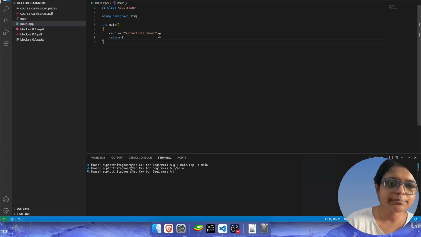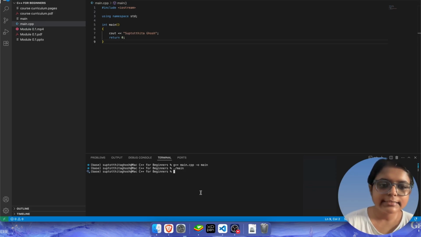But in the case of a simple statement, we have to use a semicolon to tell the computer and the compiler that this is where my sentence is ending. So cout ends with a semicolon, return 0 is also ending with a semicolon. Then we'll compile and run it again. We'll come here to the terminal. And in this case, you don't have to type the compiling command and the executing command again. You can just